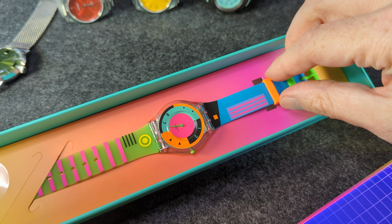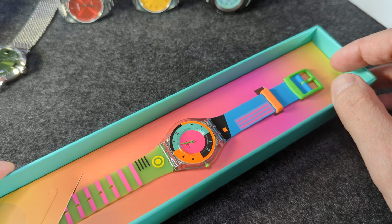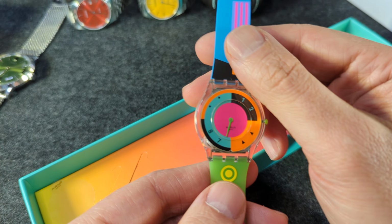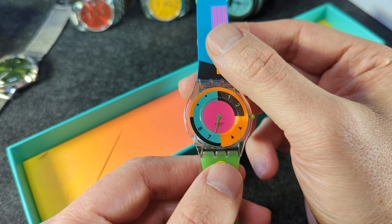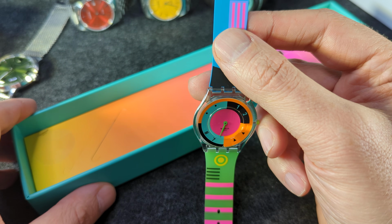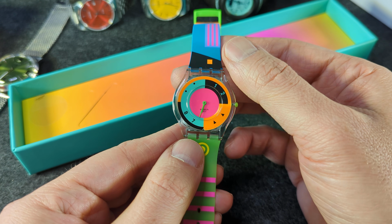I like the history of Swatch, but I was really disappointed in the movement and mainly in the noise. I actually bought a second Swatch, a clear, translucent one, hoping that would be quieter. But no, that watch was also noisy. So I kind of wrote Swatch off, but then I saw recently they announced a new collection called the Neon